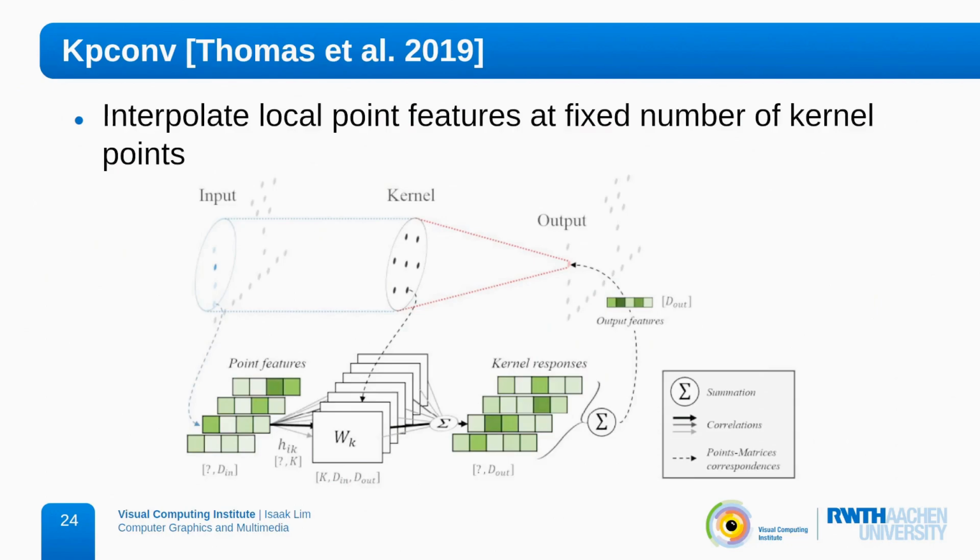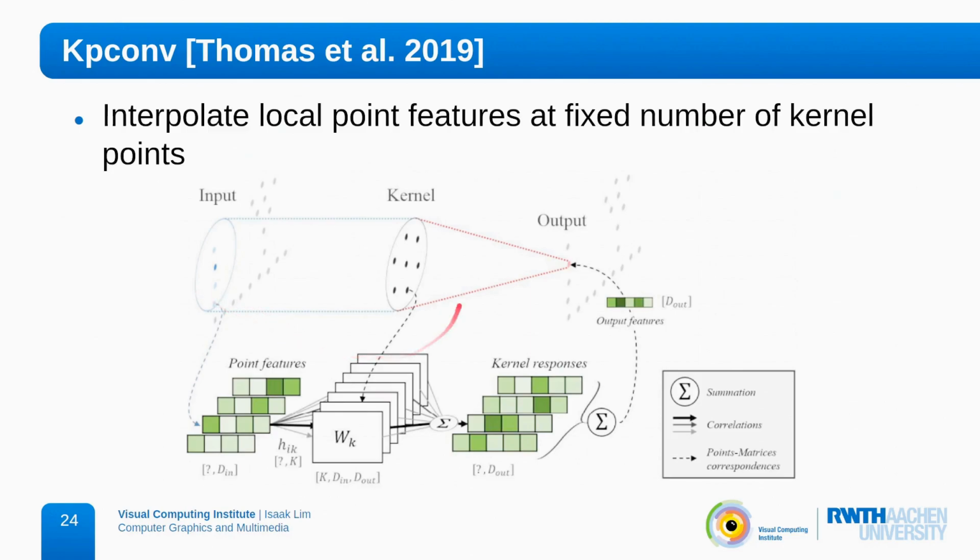Another approach that has been applied to point cloud learning is to define a convolution kernel that works on point clouds. And this is really not straightforward to do because typically we have a fixed number of weights for a convolution kernel that we want to learn. And obviously, the point cloud does not have a fixed size regular neighborhood. So the way this is implemented is by